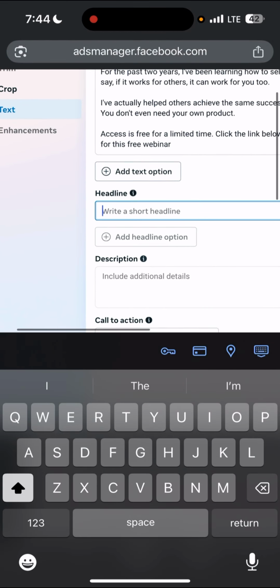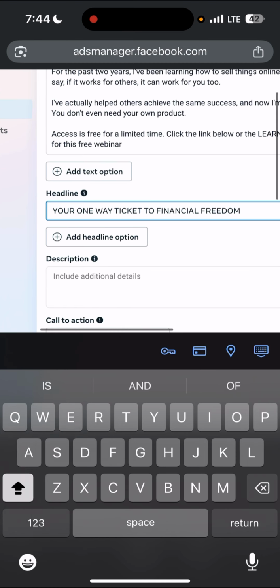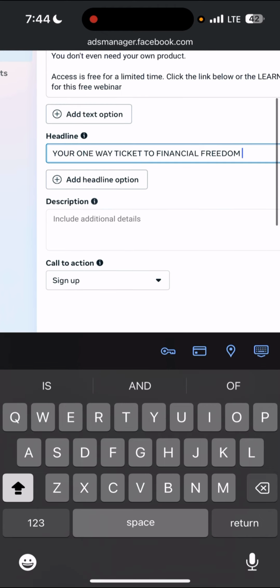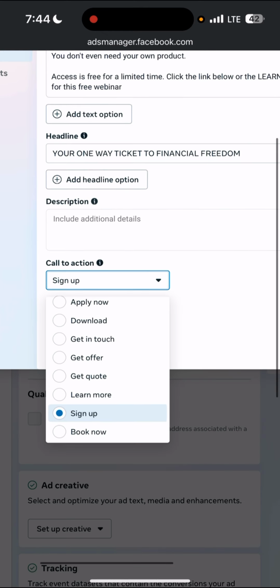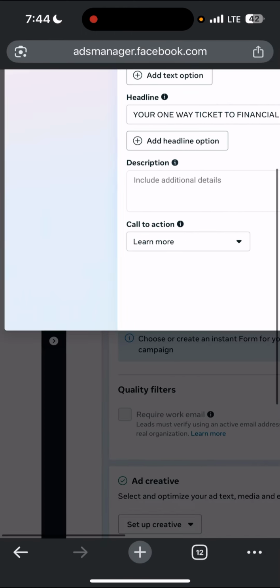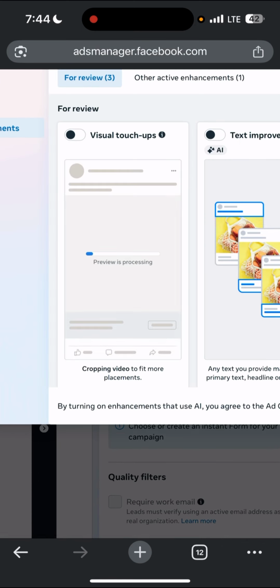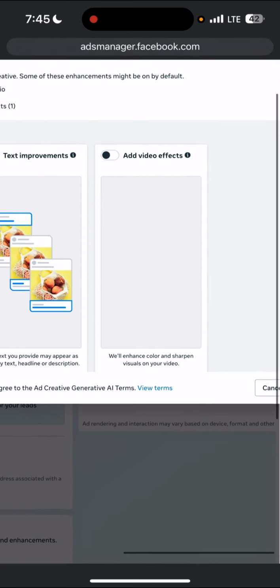Okay, let me use capital letters. A one-way ticket to financial freedom. Okay, a one-way ticket to financial freedom. All right, so I'll click on learn more. I just want to use learn more. I think I'm done. Click on next. All right, click on next, or you just come here and tap on enhancement. Okay, I'm not enhancing anything. So this is